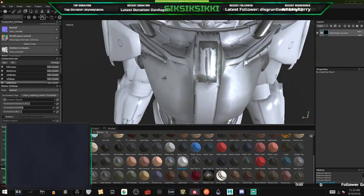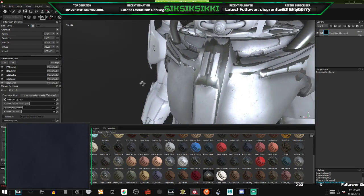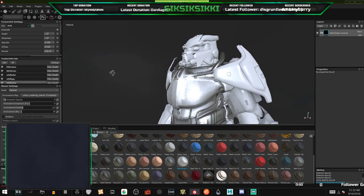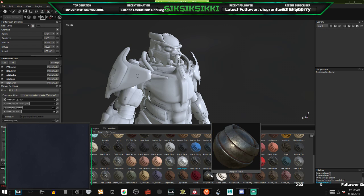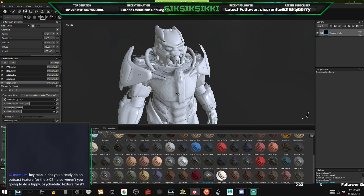That doesn't look good. Just because I'm at 1K, let's bump it up to 2K, see how that turns. That looks a little bit better, but not by much. Let's try the... So one of the things that I like about the Brotherhood Outcast armor is that the armor usually looks...